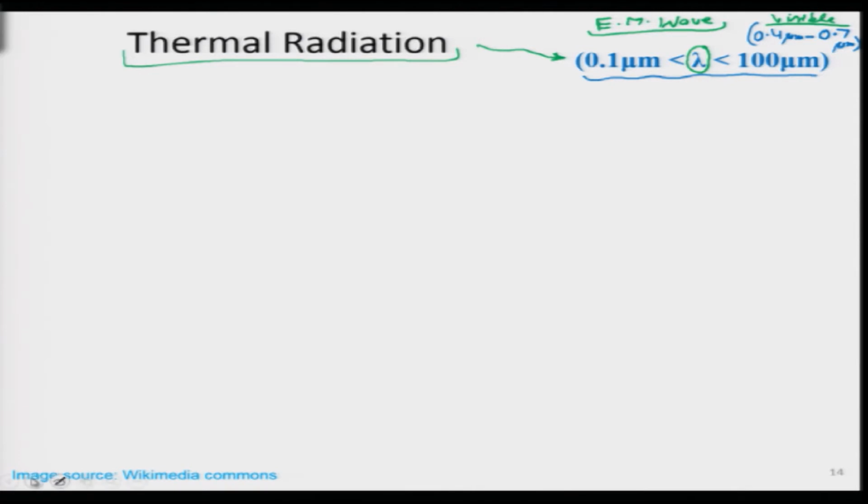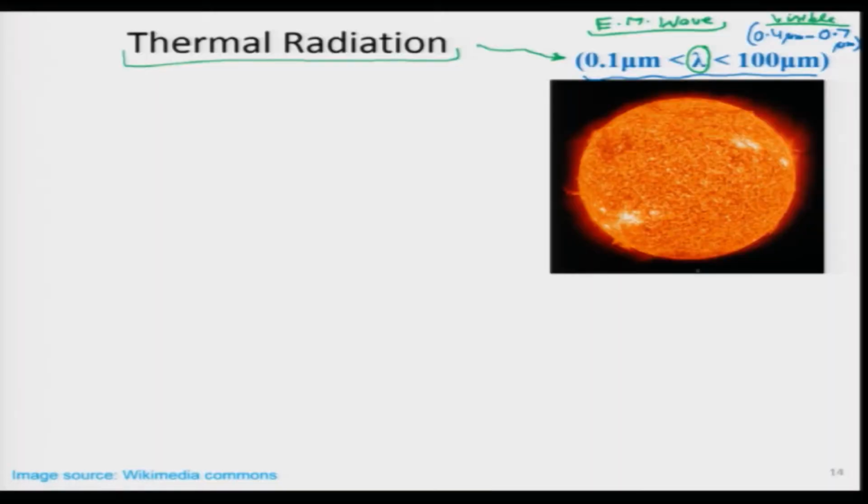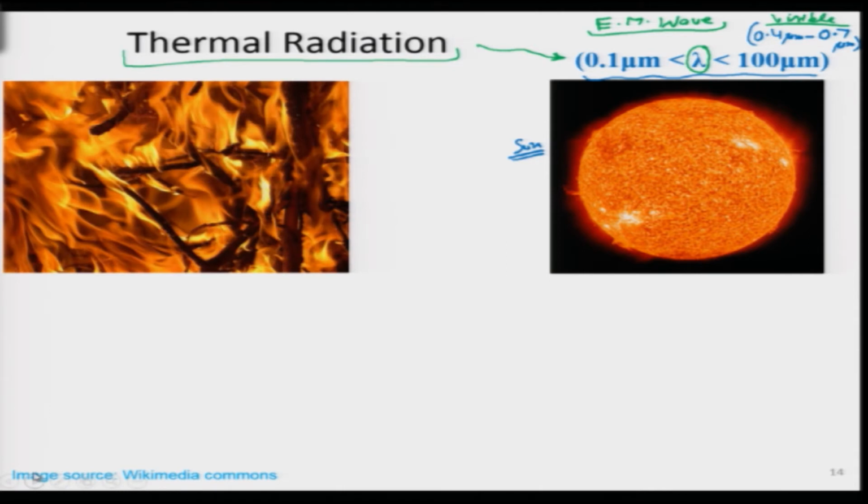So, let us look at thermal radiation spectrum in nature that people have been observing not only for the last 100, 200 years, but several thousands or even tens of thousands of years. So, one of the best examples is of course the sun, as we can see over here. So, a huge amount of radiation is coming from the sun. What else have human beings been used to?